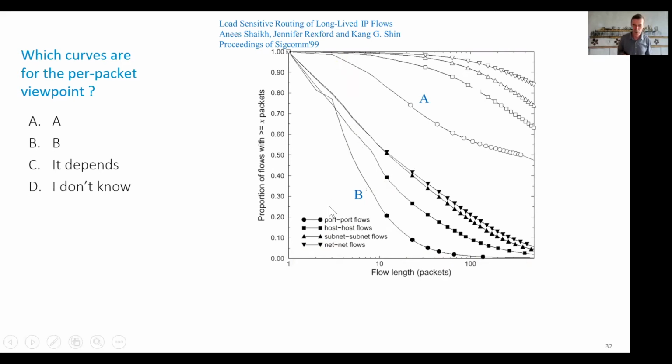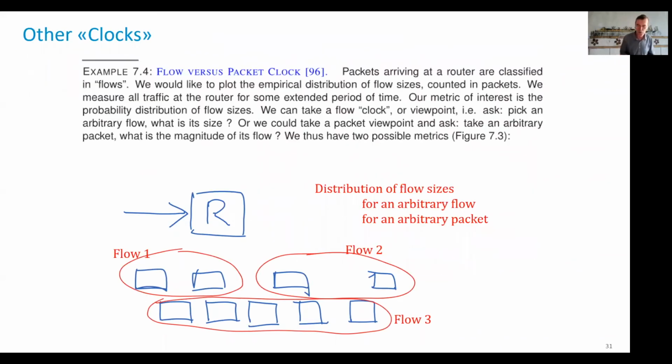But there is another viewpoint that is measured, which is called the per packet viewpoint. Here I'm illustrating this. I have a number of flows, and a flow is made of packets. Of course, I do not necessarily observe the packets one by one or the flows one by one. Typically, all of this is mixed together. But at the end of the measurement, I'm able to say which packet is in which flow. And then I can ask the question, for a packet, what is the size of the flow that you are in? That gives me a distribution of flow size seen for an arbitrary packet.